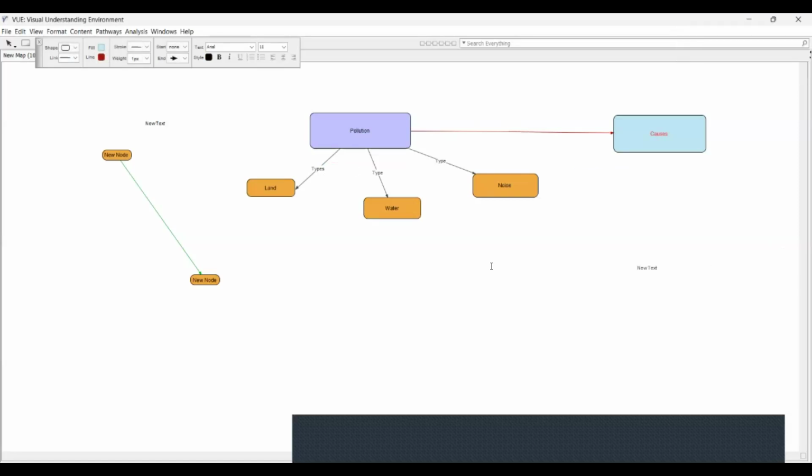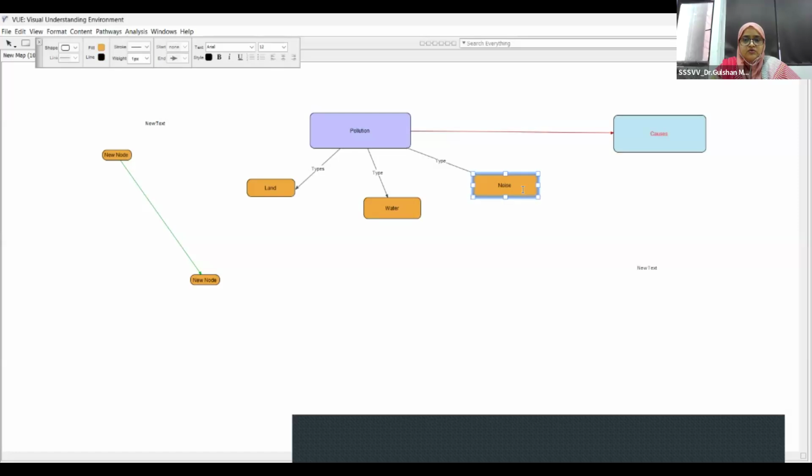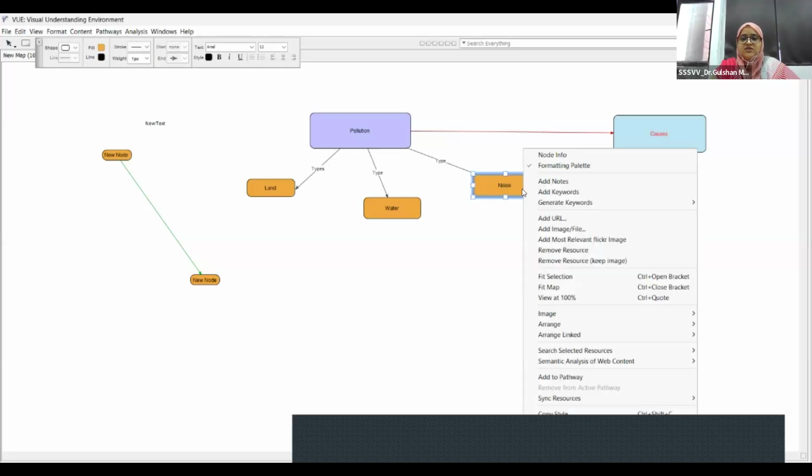And how you can add additional content to the nodes: you simply go to the node, right click on it, and you will find a menu here. It is showing you that you can add nodes to your node, you can add keywords, you can generate keywords, you can add URLs, you can add image files, you can even add Flickr images.